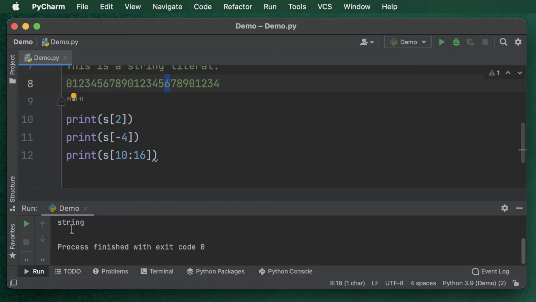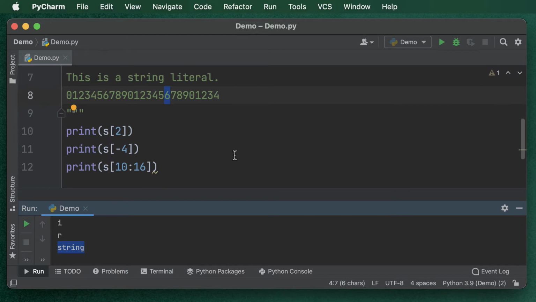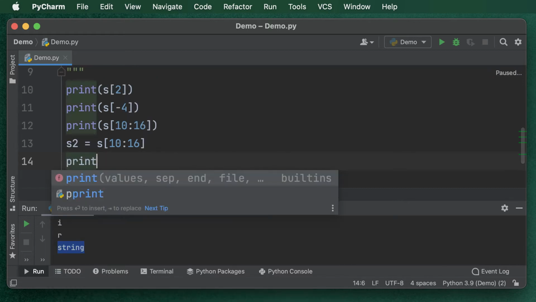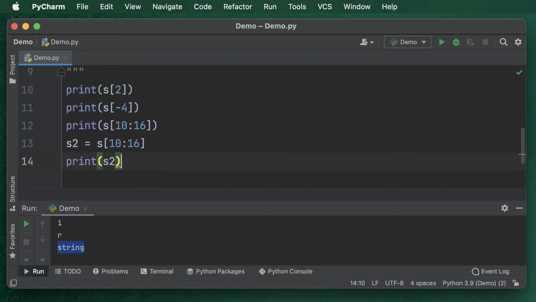So if I run this, I get the word string, which means I sliced the original string S and selected only a certain number of characters that I was interested in seeing. I could always do this. I can always capture a substring inside of another variable name and use that individually, which is actually a fairly